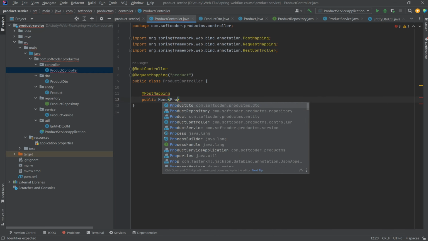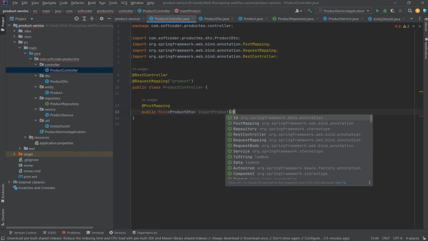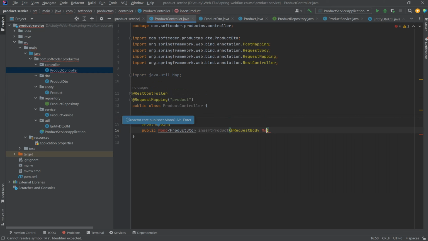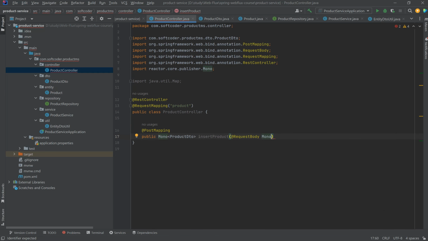Sorry, insert product. Okay, and I'll use the RequestBody and Mono here, and the Mono type will be the product DTO, which will be received as the request body. Okay,